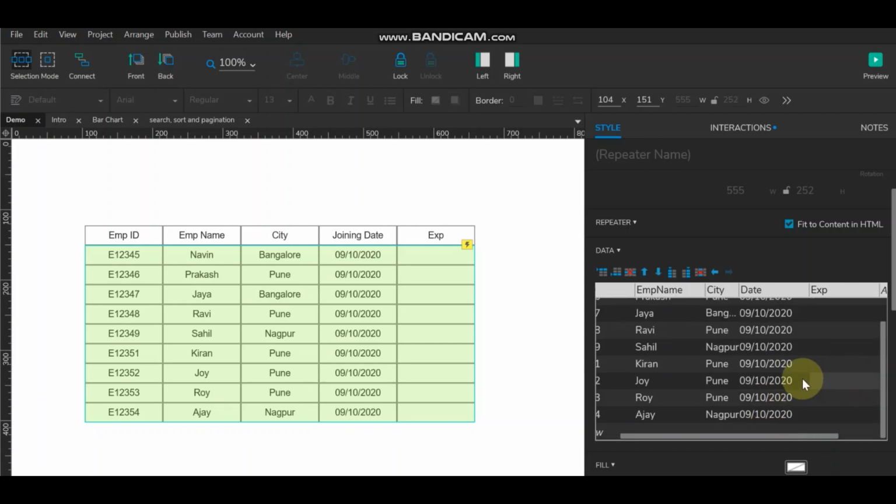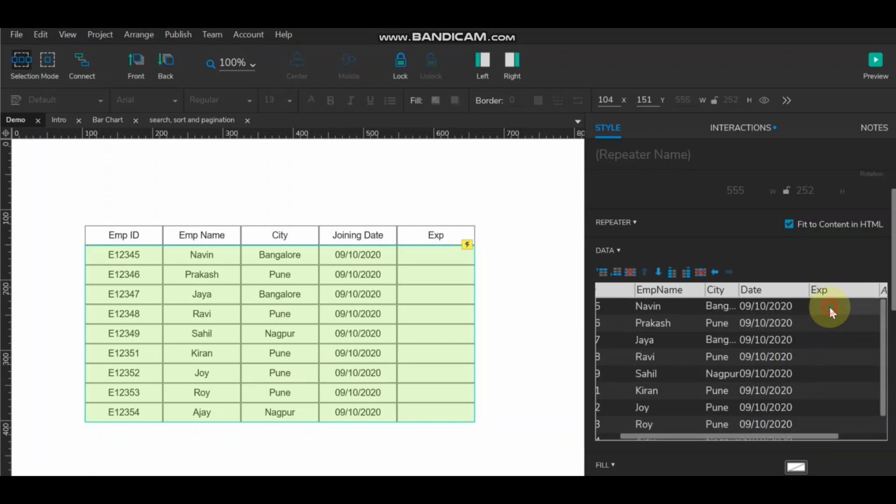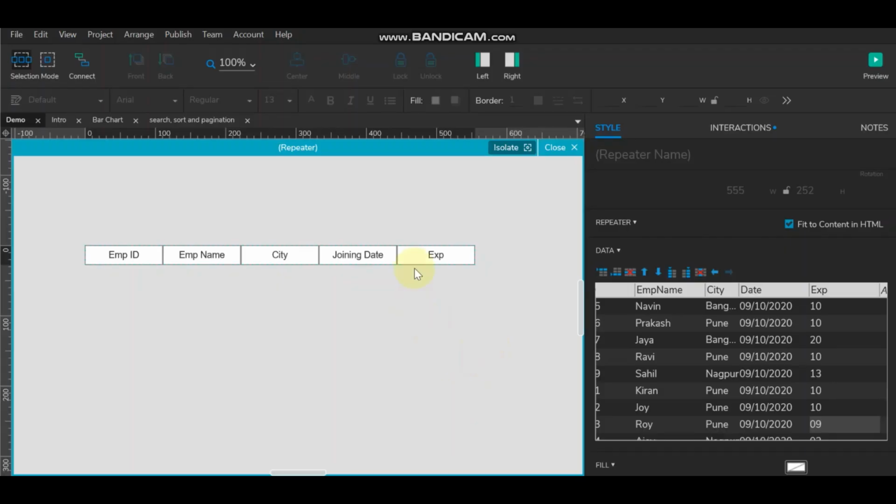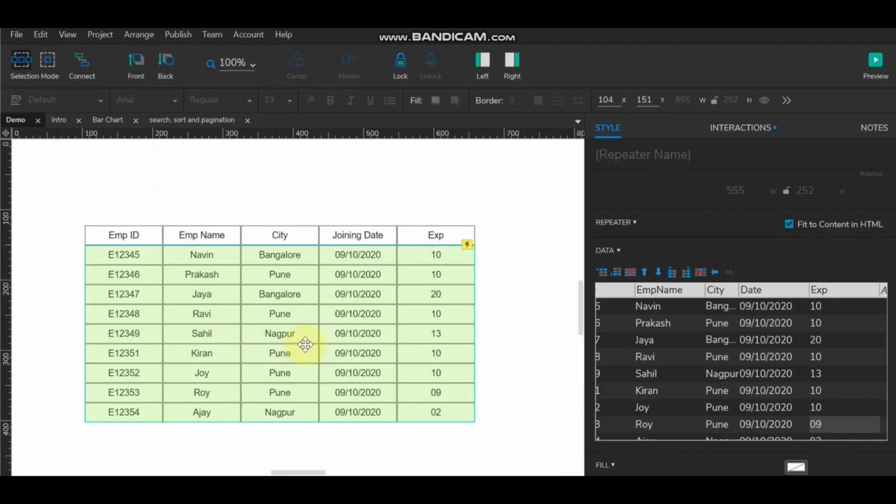So here the table is getting ready. Experience. So any random data. So here entries are ready. Now need to add the sorting, searching, and pagination. So for that